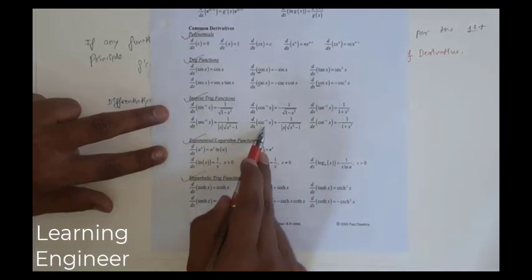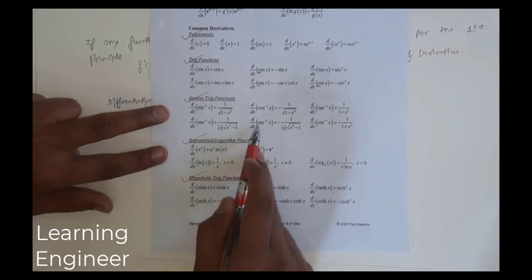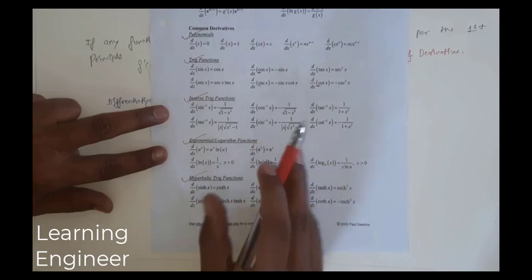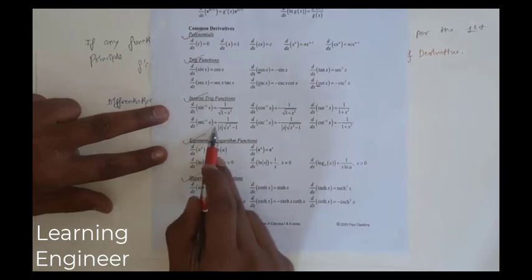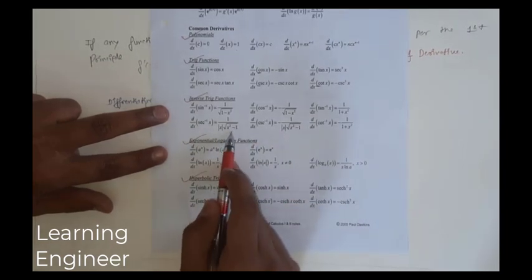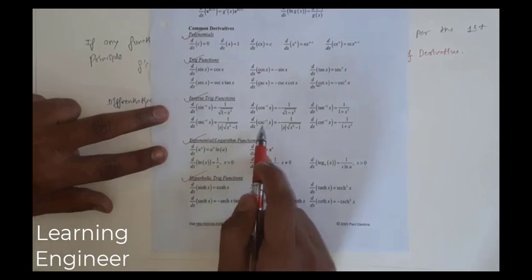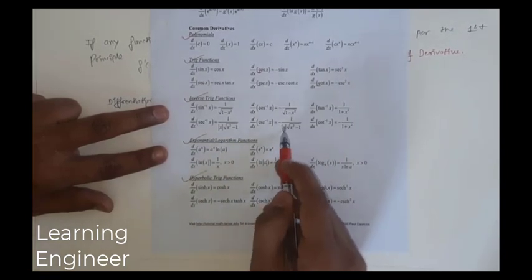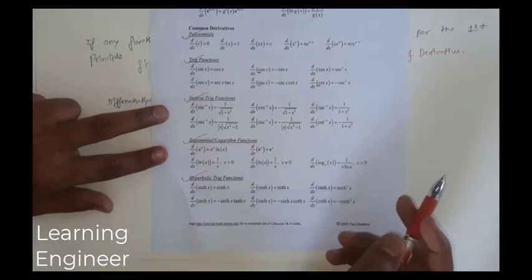Similarly sec inverse and cosec inverse. Wherever CSE has been written, that means cosec, so you have to understand that. The derivative of sec inverse x is 1 upon x under root x square minus 1, and for cosec inverse x, starting with c, so minus sign, 1 upon x under root x square minus 1.